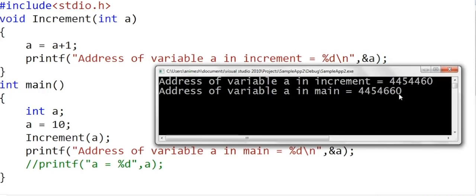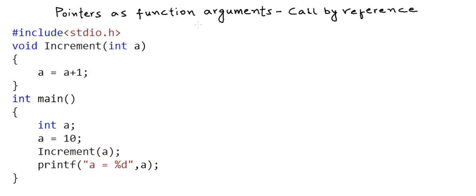What the values are is not important. What the addresses are is not important. What's important is that these addresses are different. If the a in main method and the a in increment method were same, these two addresses would have been same. To understand this even better, we will try to understand how things happen in computer's memory when a program